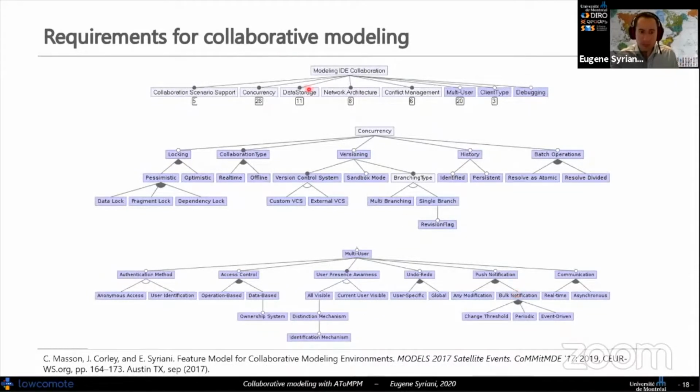In this feature model that was presented a couple of years ago, we enumerated some of the requirements for collaborative modeling, and the first one here is the collaboration scenarios. So these multi-view, multi-user supports that I just described. With respect to concurrency, here I opened it up just a bit more. As I said, it's possible to use locking.